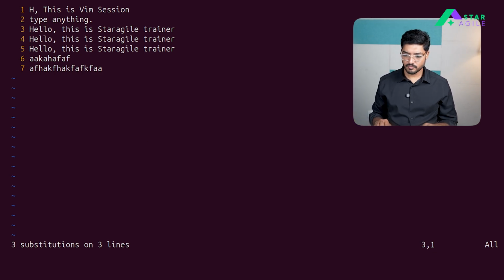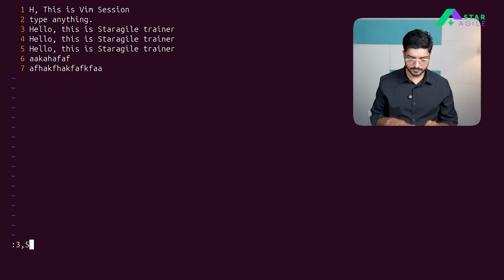Also, we can make some more tricks and things here in Vim, like add or remove hash from particular lines, 3 to 5, let's say, based on their current state, whatever it is. So you can do multiple operations using a pipe, for example, like this. Let's try this: 3 to 5s, starting with nothing, and then I want hash. Okay, now again